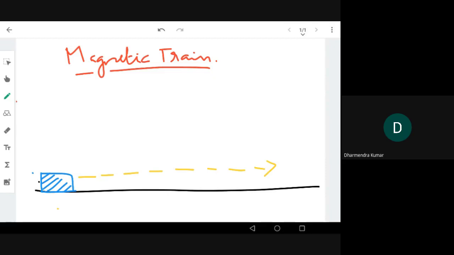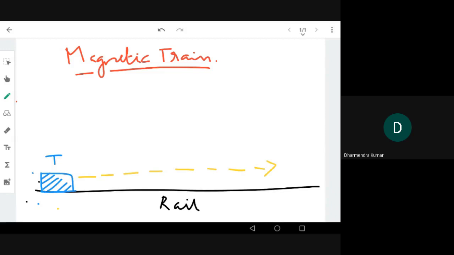Okay, so I repeat, we are going to take an example of a magnetic train as an example of control system modeling using a PID controller, right? So the magnetic train, we have a magnetic train here. I call the name T. T is a magnetic train, and it is moving through a path or a rail. I call it R. This is the rail, shown in black color. This is a magnetic rail.